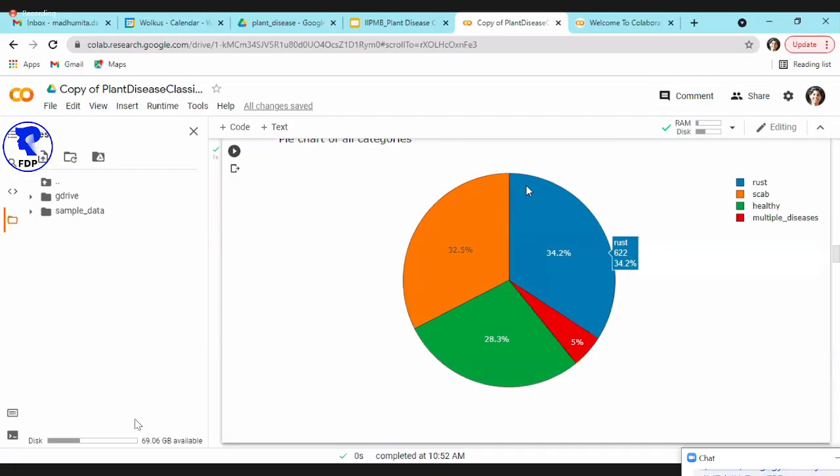But if I'm going to use this data in real life, I will remove multiple diseases as a class. There is no point because there is very little data for multiple diseases, and your algorithm won't be able to learn, and it will just confuse the algorithm. So I would just remove multiple diseases and focus on either healthy and diseased, or healthy, rust, and scab.